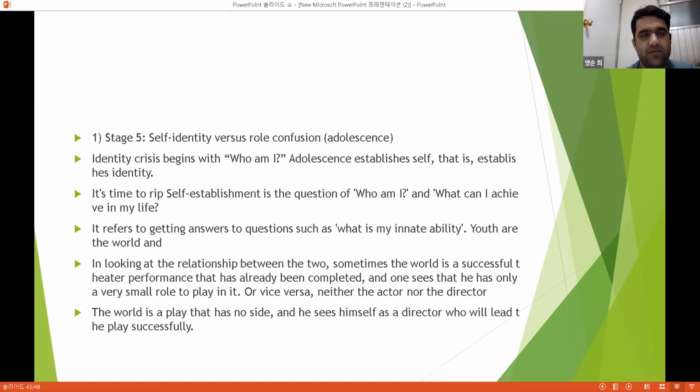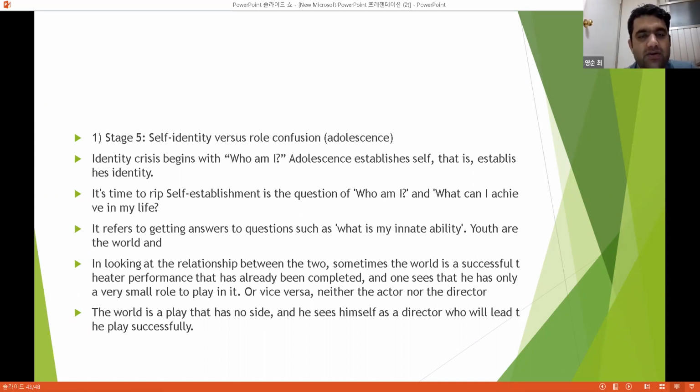Stage number 5, as we spoke before, is self-identity versus role confusion, which is in the adolescent age. Identity crisis begins: who am I? Adolescence establishes the self, and this establishes identity. It is the time of self-establishment. It is the question of who I am. This is the question with the child, with the person,